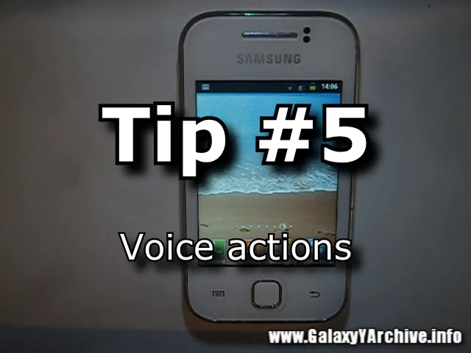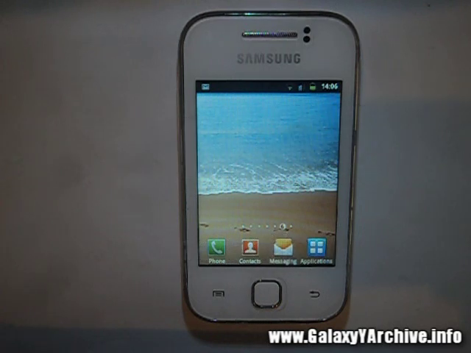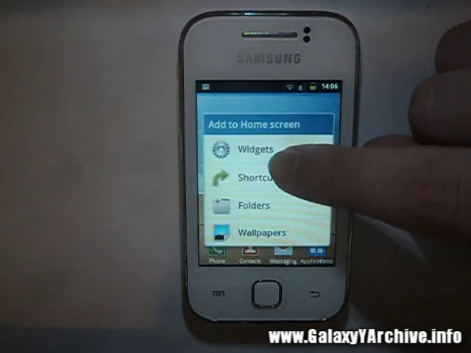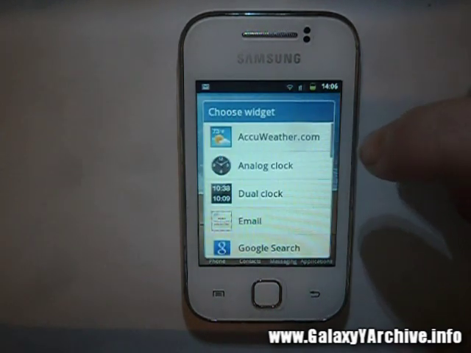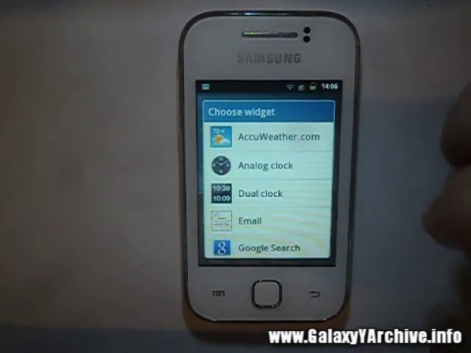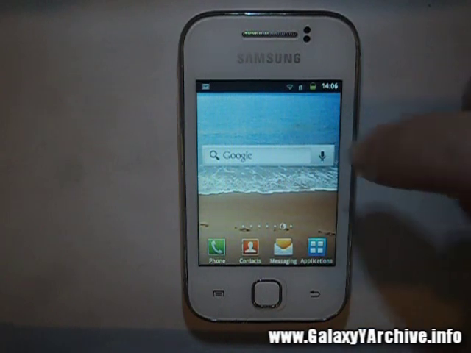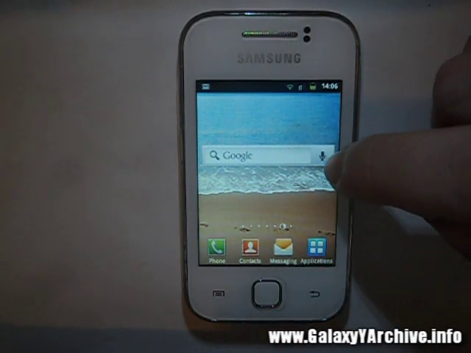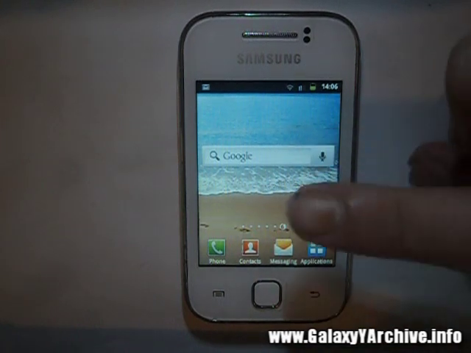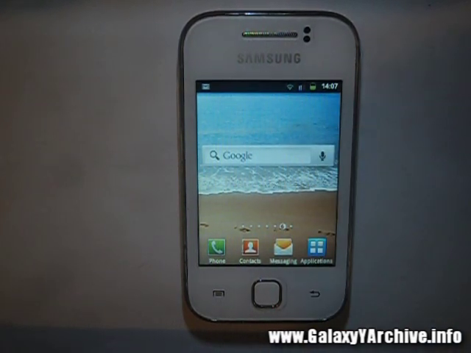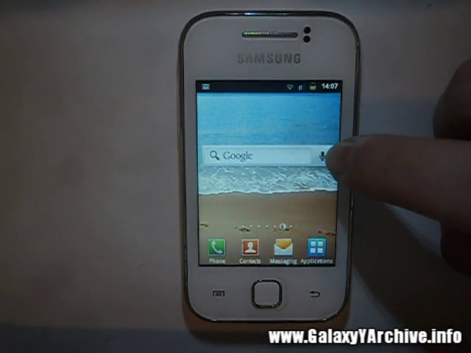And lastly, tip number 5 would be voice actions. Now this is a pretty cool and futuristic feature. So for this, first of all, you would need to spawn a Google search widget. So go to widgets and choose Google Search. Now for this, we're going to be using the voice recorder here, as you can see this little icon, to give it orders on what to do. So for example, I want to send an email, and this is what we need to do. So tap on the microphone and say